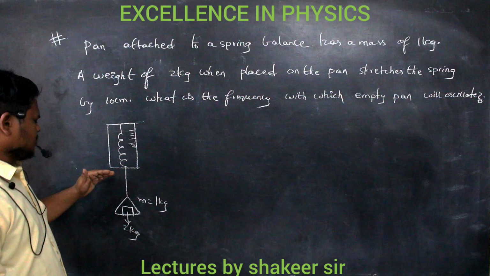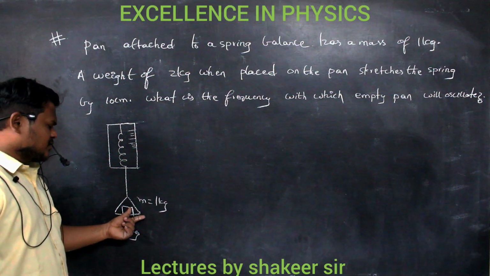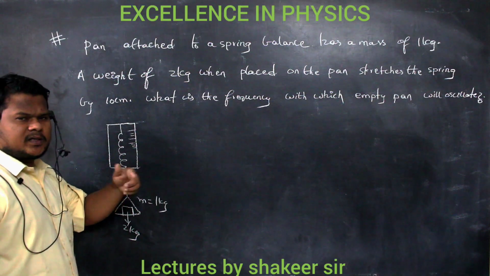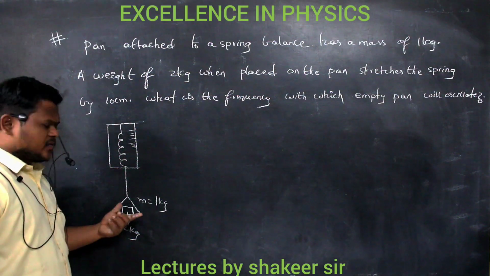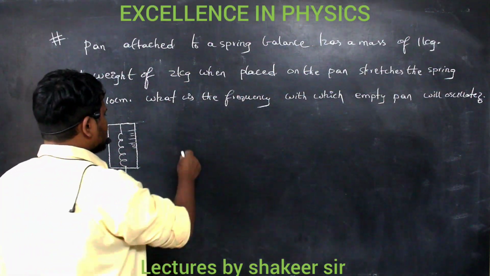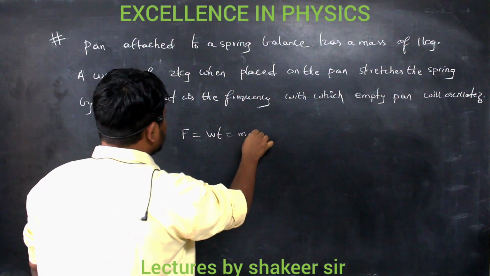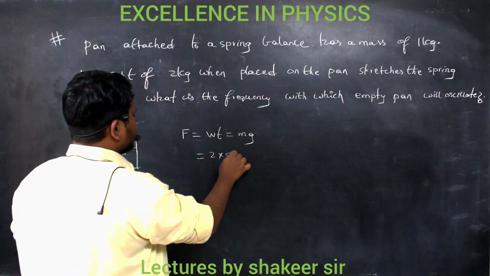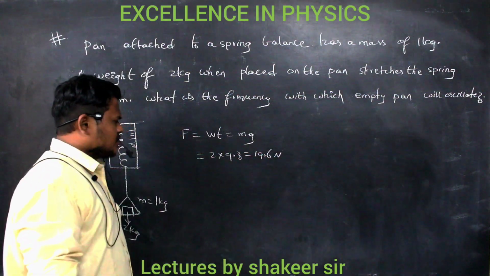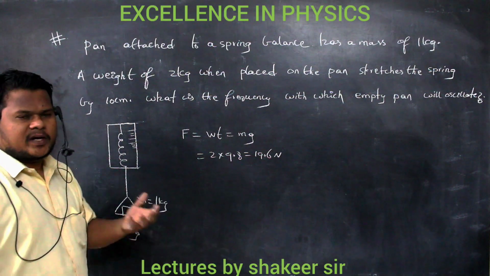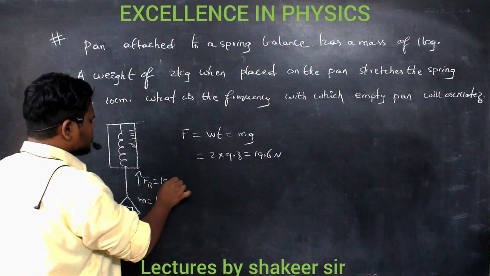So this stretching in the spring is only to balance this additional weight, because the mass of the pan would have already been balanced by the initial elongation. Now this elongation will be only to balance this weight. Weight is a kind of force. So the force which is now applied is equal to how much? Weight of the body, which is mg. Mass is 2 kg, g value is 9.8. So we can take it as 19.6 Newton. If this is the weight we are placing in this pan, then the restoring force also will be 19.6 Newton.